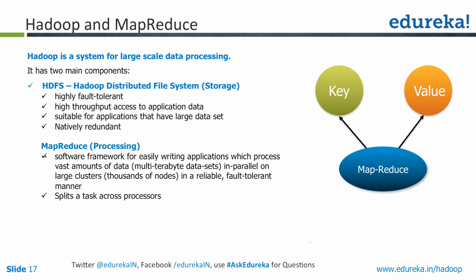In MapReduce, you're not limited by the processing power, but by the fact that you have a huge amount of data, and moving this data to your compute grid is the challenge. So what this does is that your small programs are moved across to the locations where your data is stored. You actually send your program to the location where your data is stored. That computation may not be huge, and it may not be very complex. It can be a simple conversion of one format to another, or a simple aggregation of results.